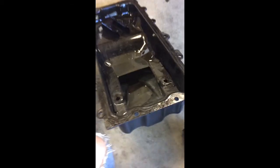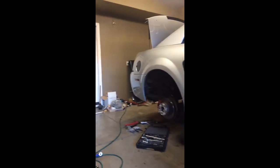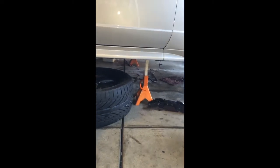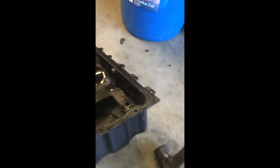Alrighty guys, so I'm basically doing an engine swap on my 2001 Mustang GT. Basically, something happened and threw a rod, and I got a rod knock. Now, at first I thought it was just a sound issue, but I found